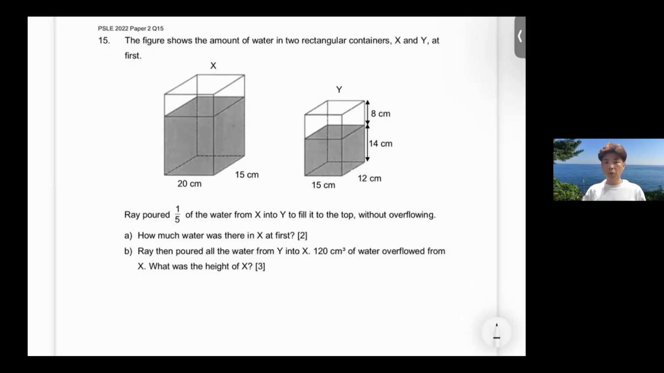The figure shows the amount of water in two rectangular containers, X and Y, at first. So you can see there is water in both the containers, but they are not filled to the brim. Rain is going to pour 1/5 of the water from X into Y to fill it to the top without